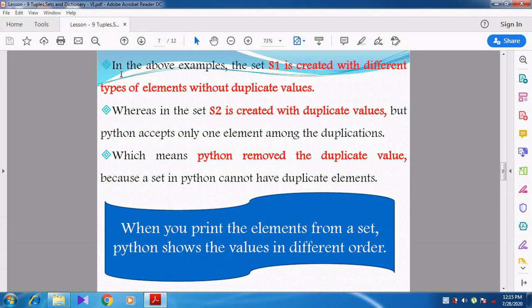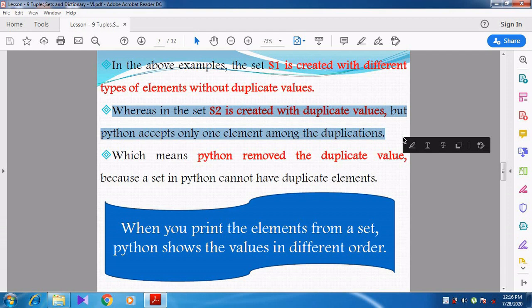See this example, how the explanation is given here. In the above examples, the set S1 is created with different types of elements without duplicate values. What about the second example? The set S2 is created with duplicate values, but Python accepts only one element among the duplicates.